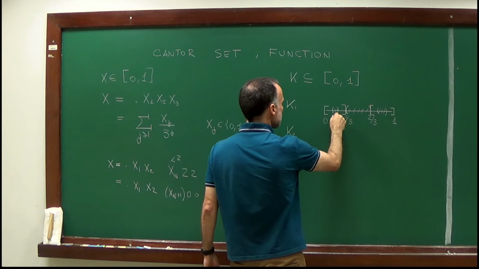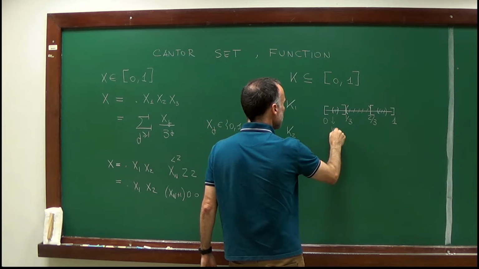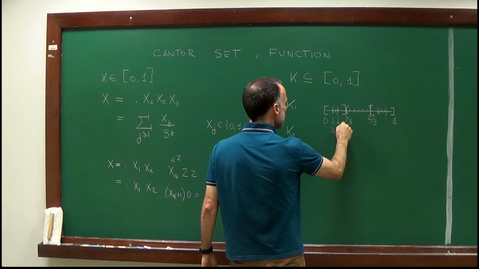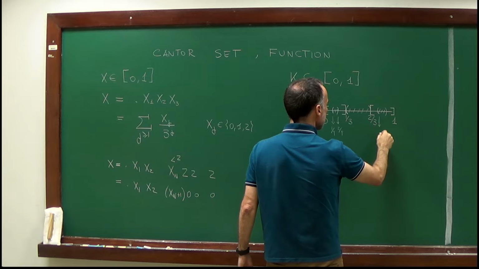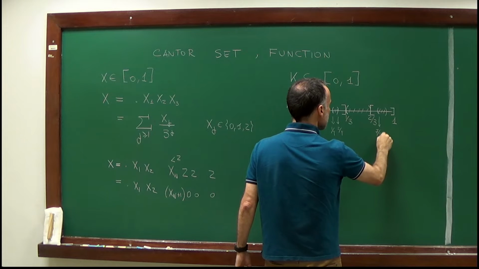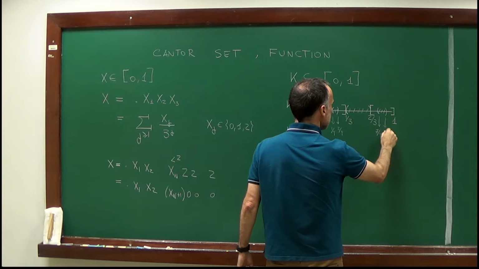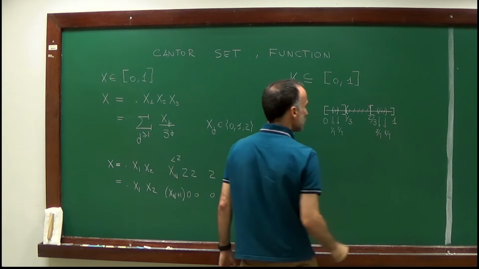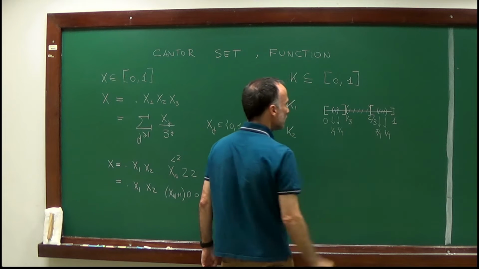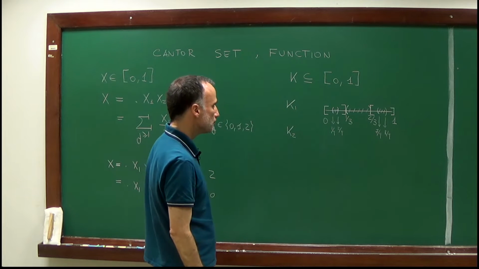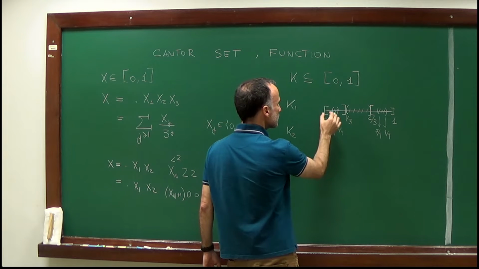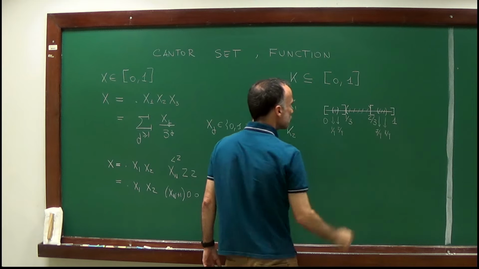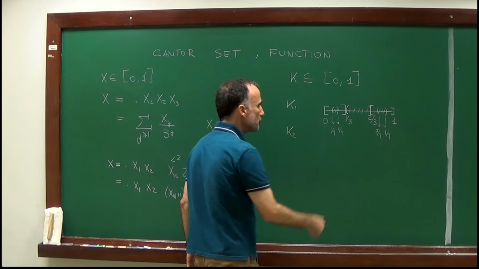So this point here corresponds to the point 1/9, and that point to the point 2/9. That point corresponds to the point 7/9, and this one to the point 8/9. So what I'm doing is that I'm removing these two open intervals. So at the end of the second step, there are only 4 closed intervals remaining, and I repeat that